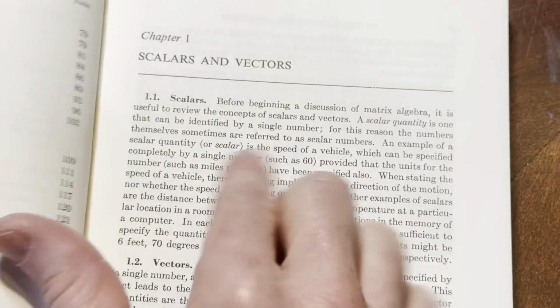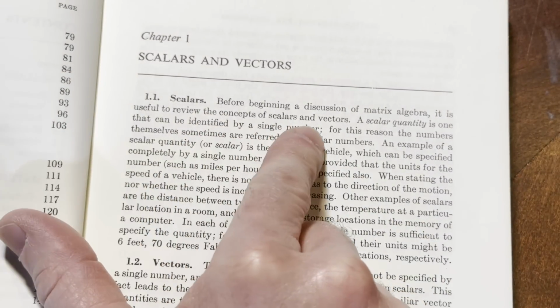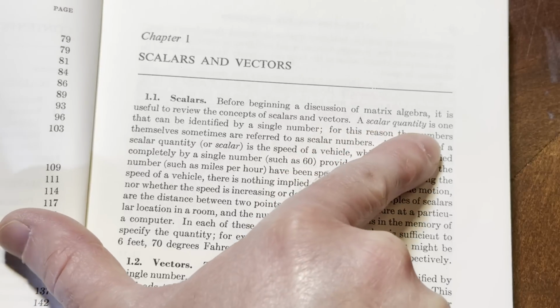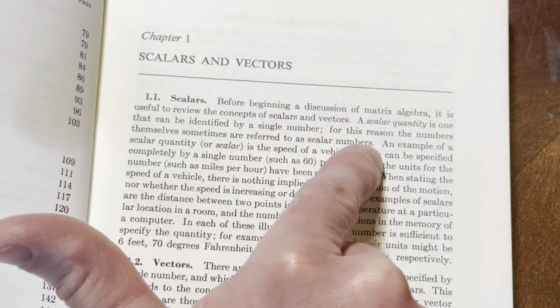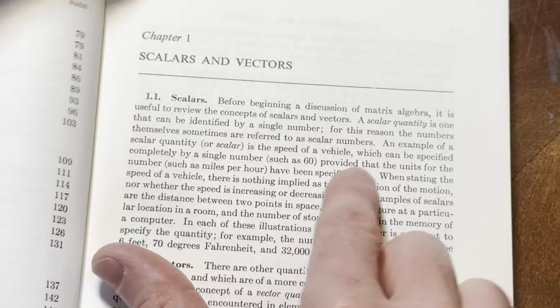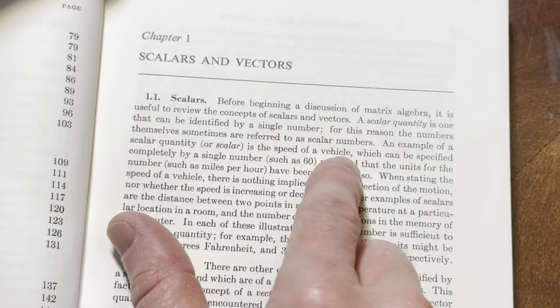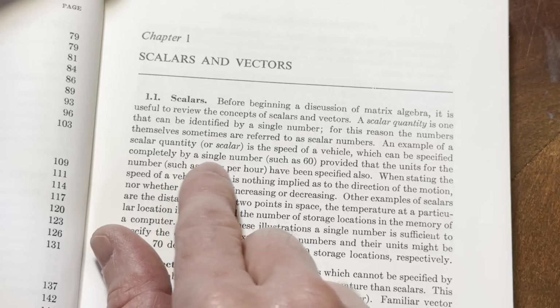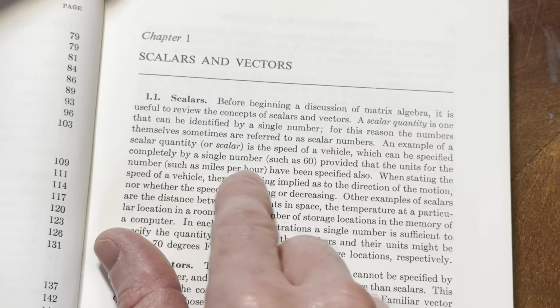Scalars. Before beginning a discussion of matrix algebra, it is useful to review the concepts of scalars and vectors. A scalar quantity is one that can be identified by a single number. For this reason, the numbers themselves sometimes are referred to as scalar numbers. An example of a scalar quantity or scalar is the speed of a vehicle, which can be specified completely by a single number, such as 60, provided that the units for the number, such as miles per hour, have been